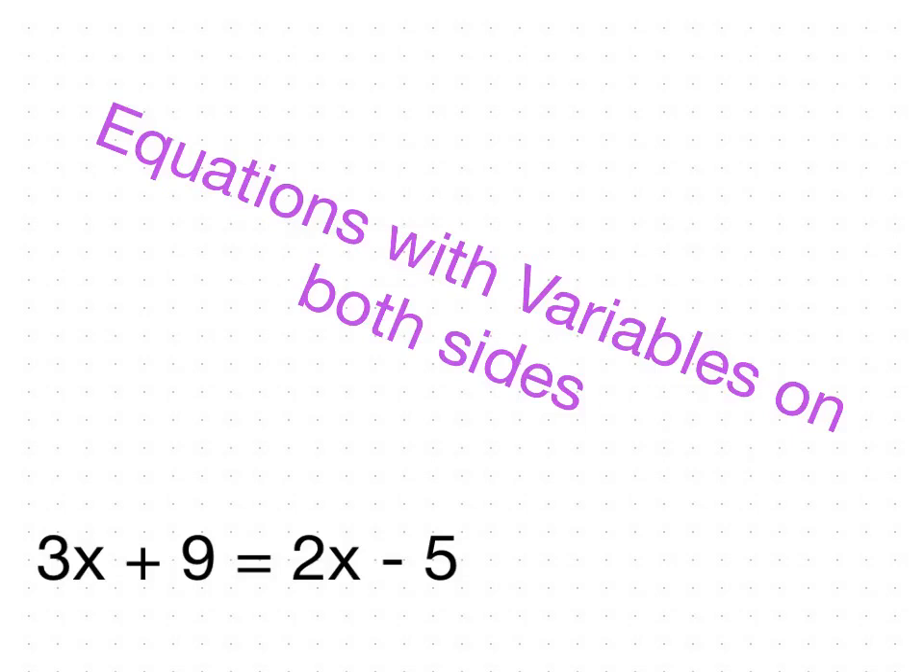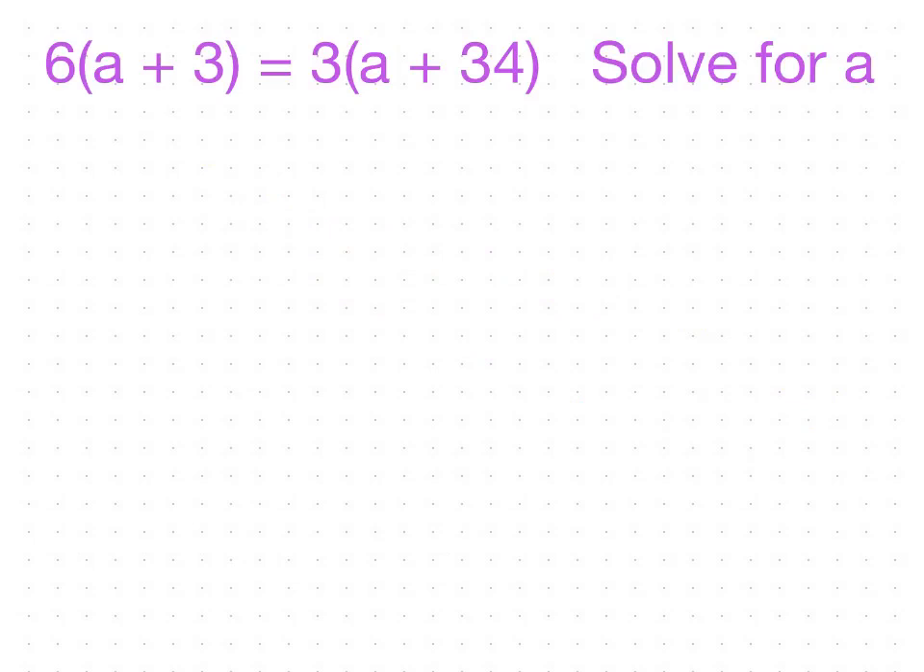Short and sweet, solving equations with variables on both sides. We're just expanding what we already know. So this time I have 6 times the quantity a plus 3 equals 3 times the quantity a plus 34, solve for a. What I notice here is I do have distributive property on both sides, so I'll take care